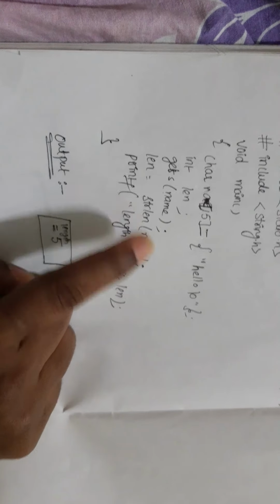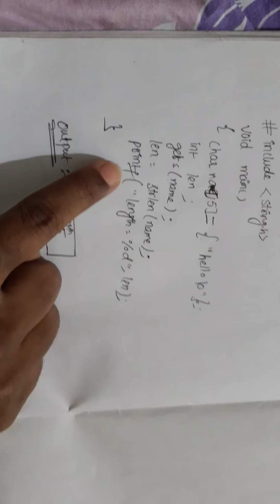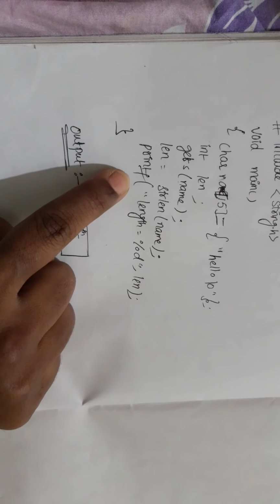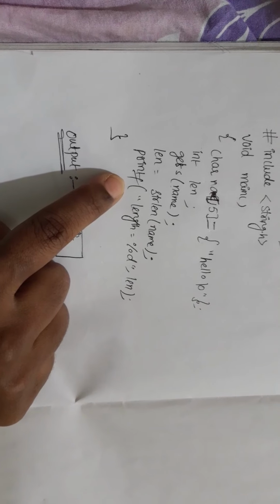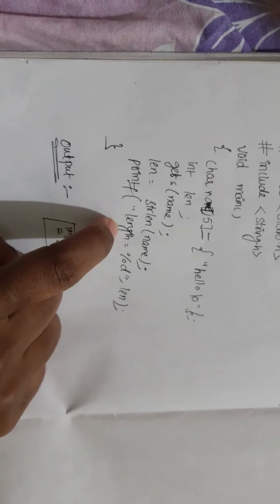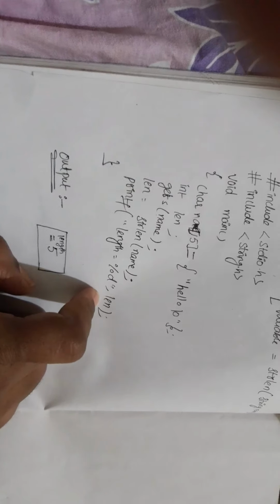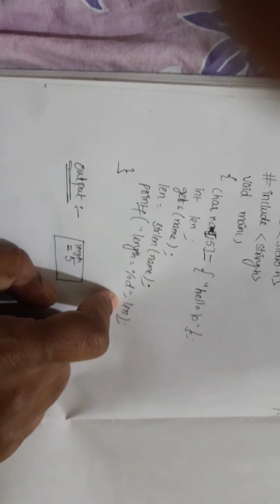So this is the function, and simply what you need to do is print. Here the length has been taken, and in the output console it needs to print the length of the given string. So in the printf statement, we have simply written length is equal to %d, and it has been stored in the variable len, so you need to write the variable name as len.